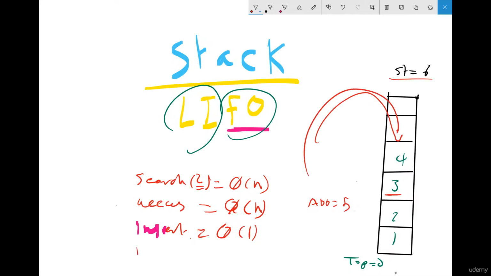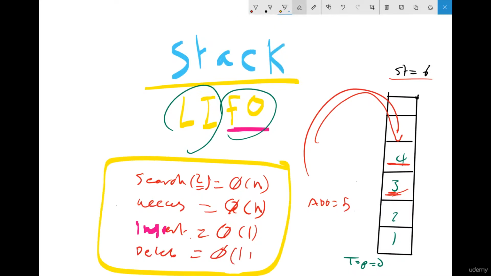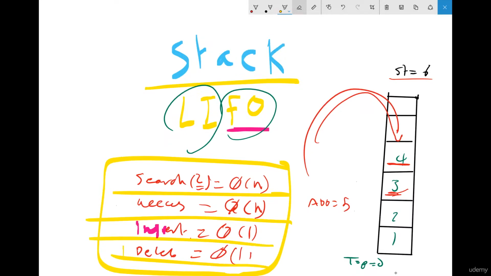So it takes O of 1. Delete is the same thing. When you delete, you can delete only the last element, so you delete this one, then this one. So it takes O of 1. So this is the big O notation for a stack. See search, access, insert, delete. See how the stack is working. So now next, when you see